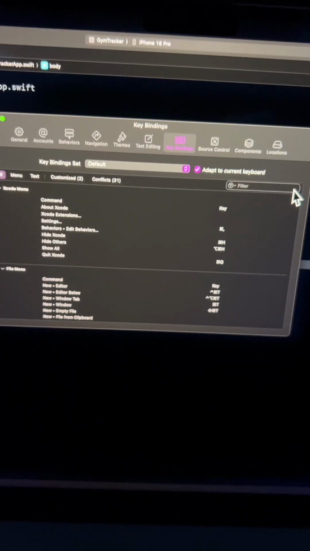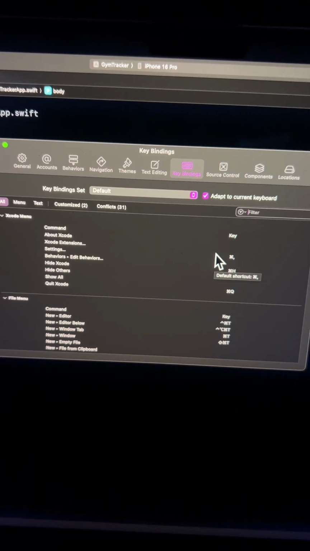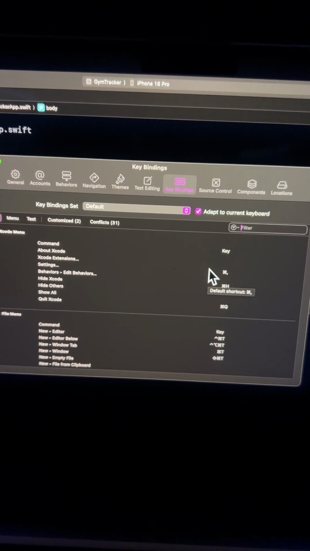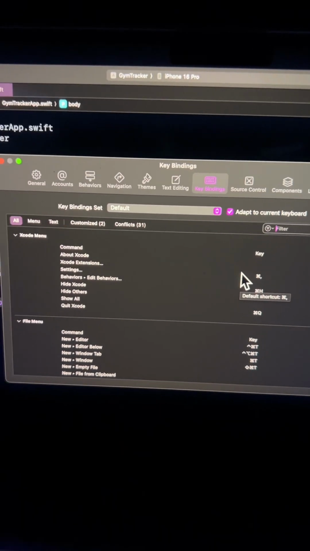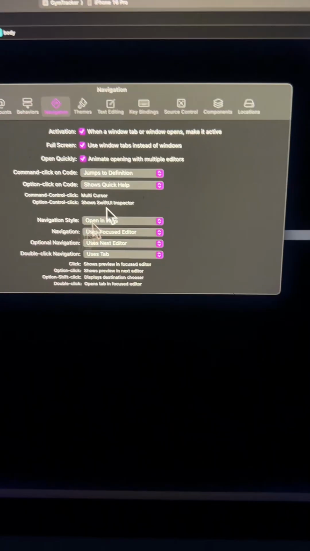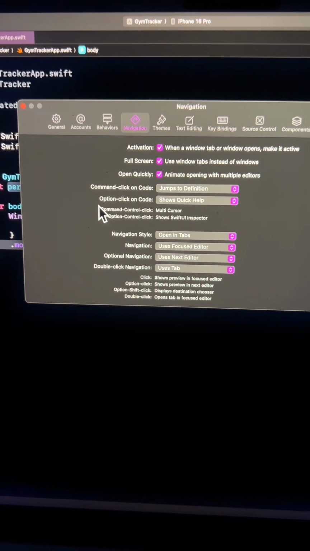So first of all, with some of the key bindings, I haven't really changed anything in here except removing the print keyboard shortcut, because every single time I wanted to refresh the SwiftUI preview, it would just show me the print dialog, and I didn't want that. Nothing really has changed in here. Knowing these commands and the keyboard shortcuts just helps me work a lot faster, especially when I'm moving quite quickly,